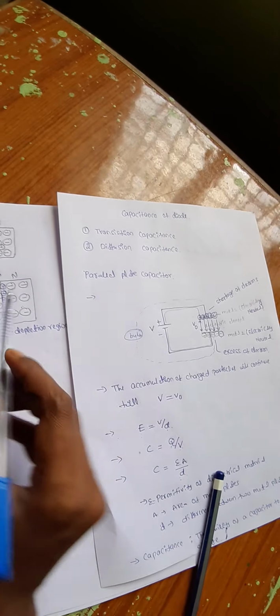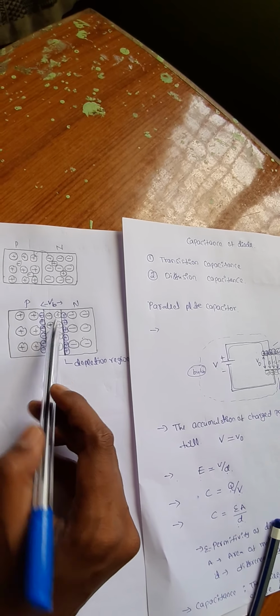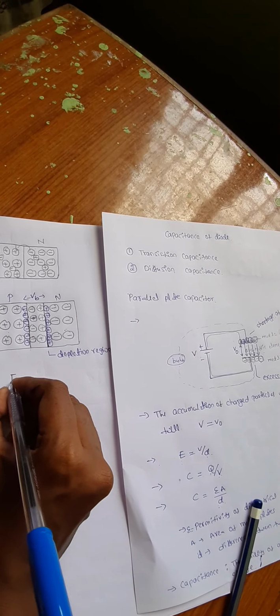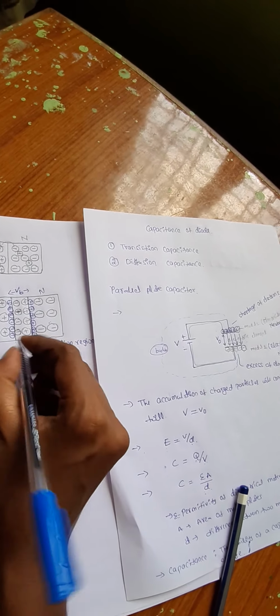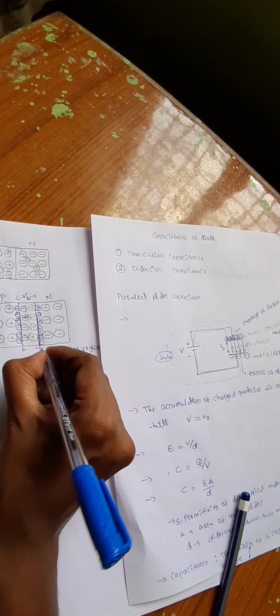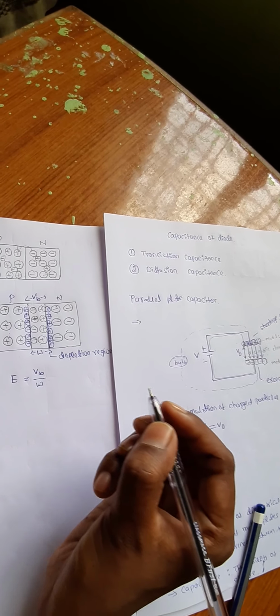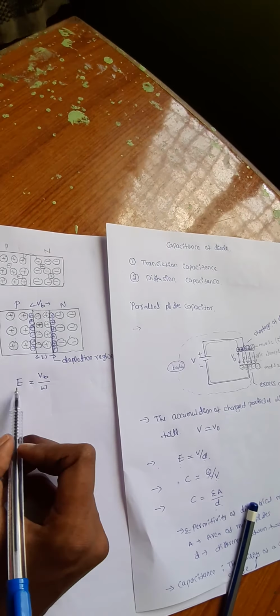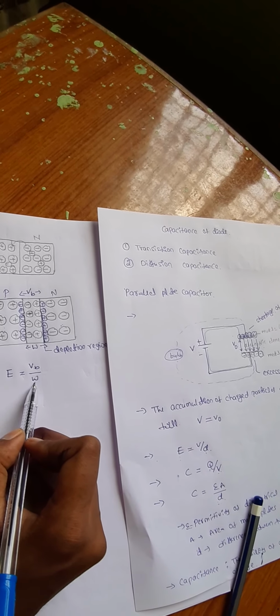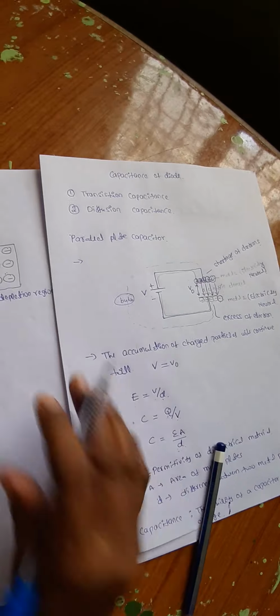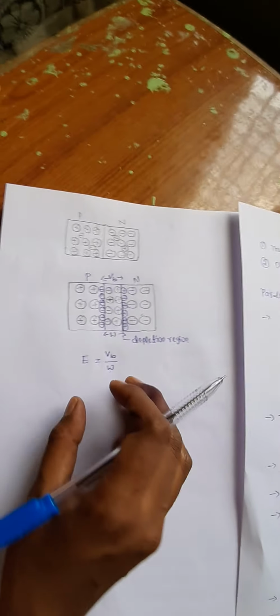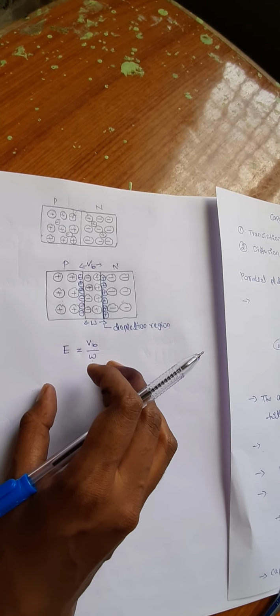As there is a potential difference over here, there exists an electric field, VB by W, because the depletion width is denoted by W for a p-n junction diode. So the electric field is VB by W, the same way as we see V by d. So now the p-n junction diode behaves like a capacitor and stores the energy in the